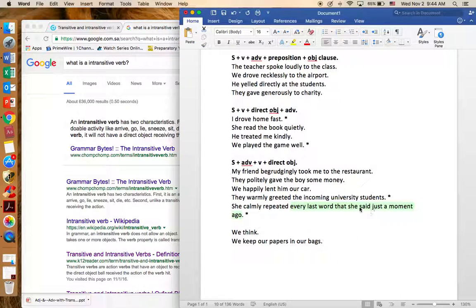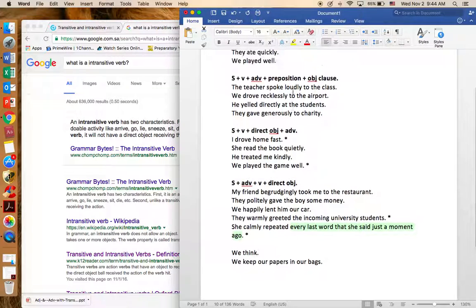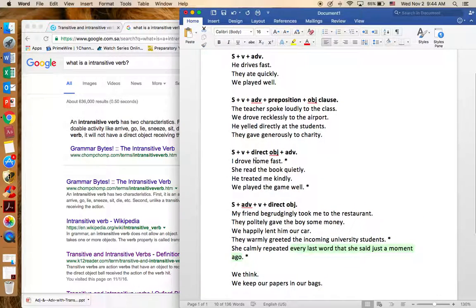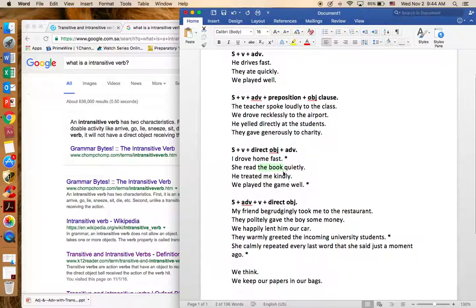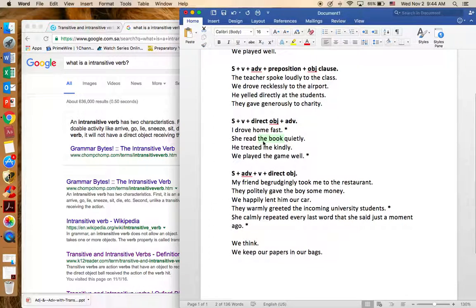It includes even a verb that is part of the object clause. So we won't say she repeated every last word that she said just a moment ago calmly, because that would be too confusing. If you have an object clause that is longer than just a couple words, basically longer than these here, 1 word, 2 words, maybe 3, maybe an article plus an adjective plus a noun. If it's longer than that, it's the best idea just to put the adverb in front of the verb. Okay? And again,